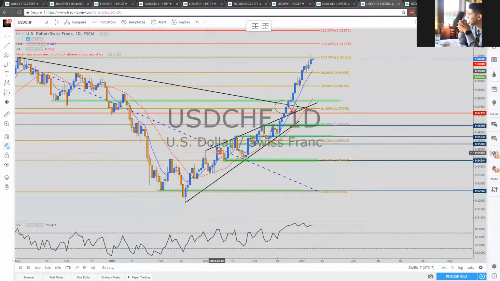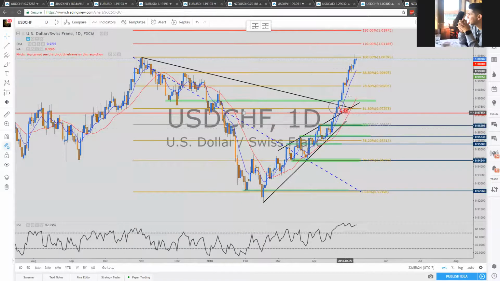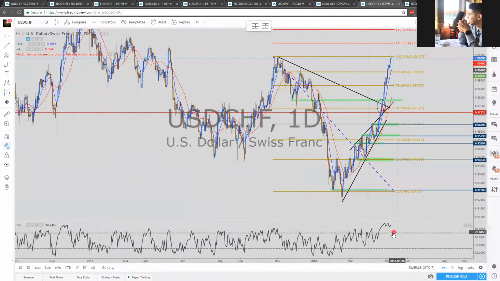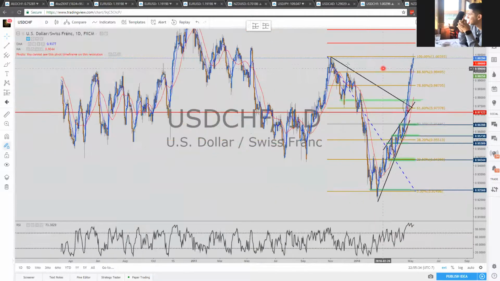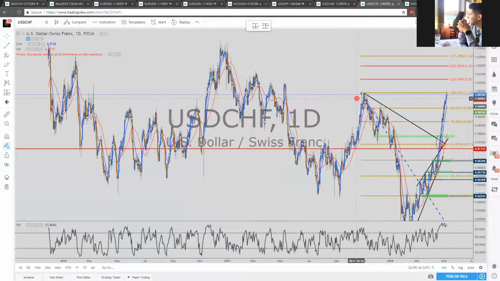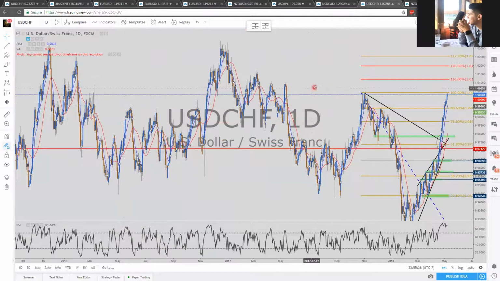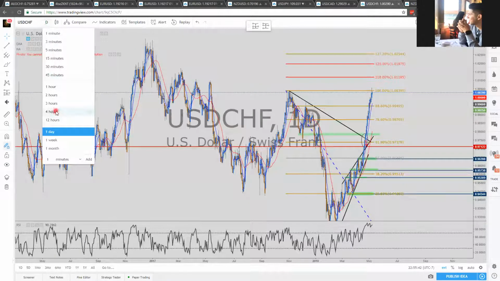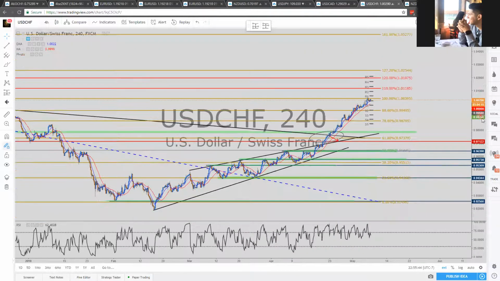It broke above this area here. We have the resistance, we have the support. So it broke above. Now it's at a really oversold area. Even on the RSI, we can see that it's highly oversold. So it's at the 0-0. Major resistance area on the daily. If I go on the 4-hour,